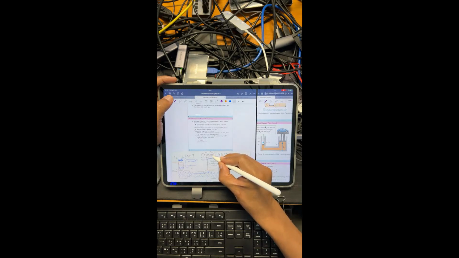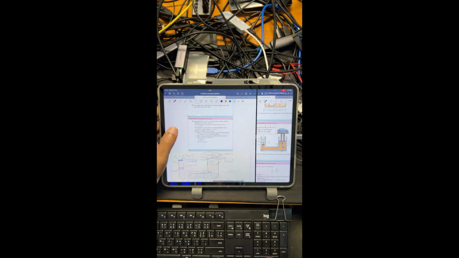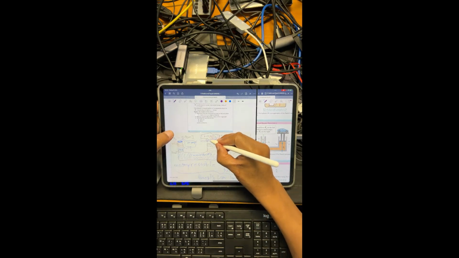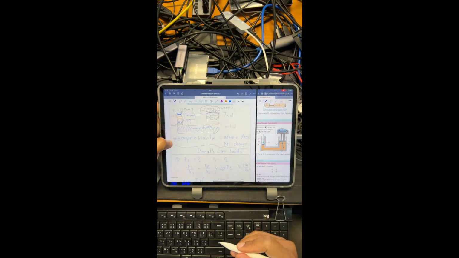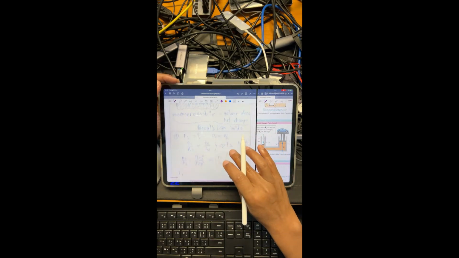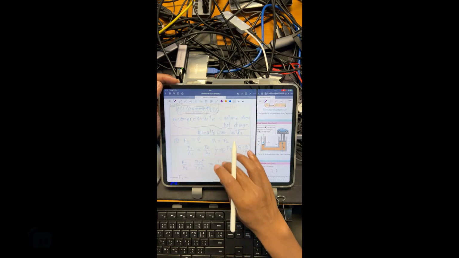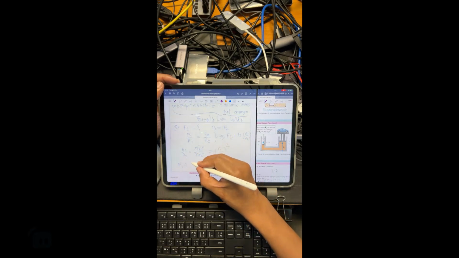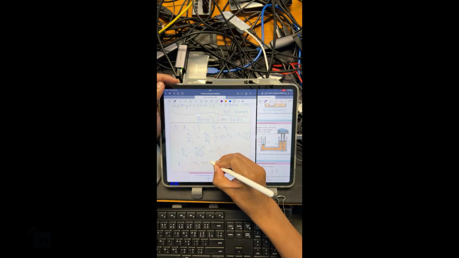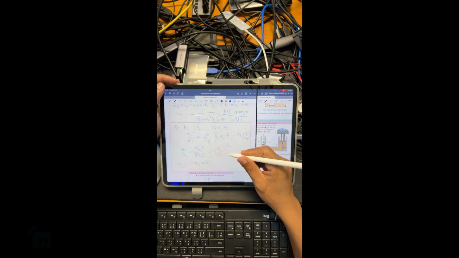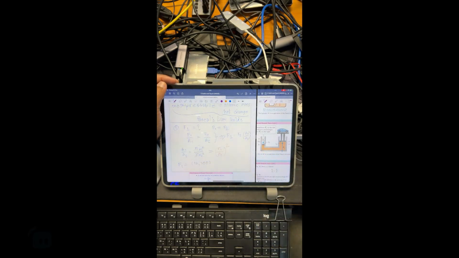The weight of this car is going down, according to the gravitational acceleration on Earth. F2 is 13,300 Newton, times R1 by R2, because now we have found A1 by A2 is only R1 by R2